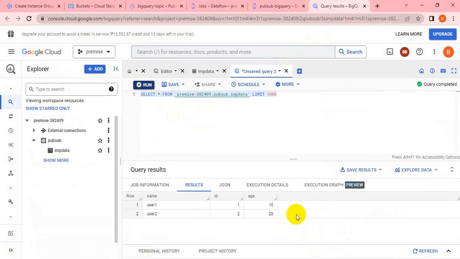So thank you guys. So you can see in the real-time scenario, we are trying to push the data from the Pub/Sub and the